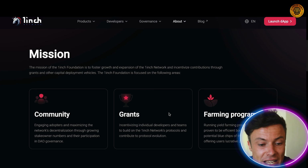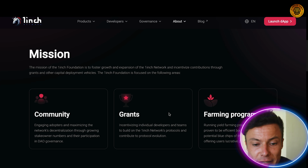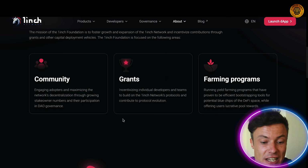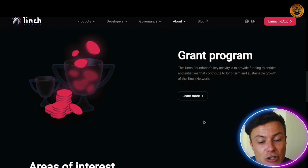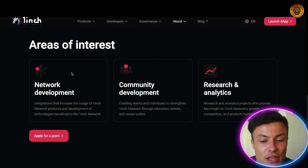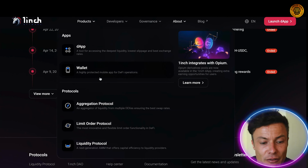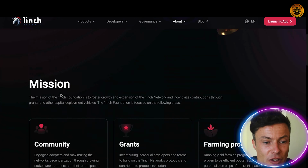You see, the mission of the 1inch Foundation is to foster growth and expansion of the 1inch network and incentivize contributors through grants and other capital deployment vehicles. The 1inch Foundation is focused on the following areas: community, grants, farming projects. And by being a part of this whole community, you get a say in how different things are happening. You can talk about all the different areas of interest that they're focusing on. And here you can see the activity timeline, how things have kind of grown and developed over the past couple